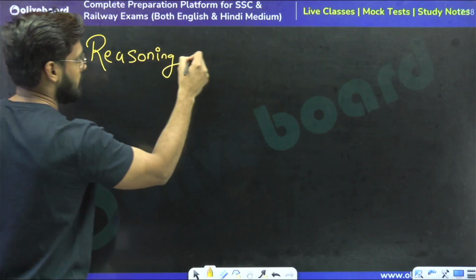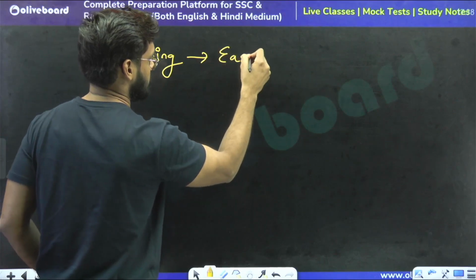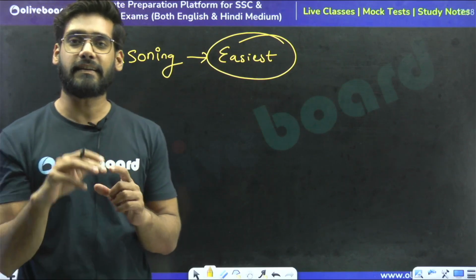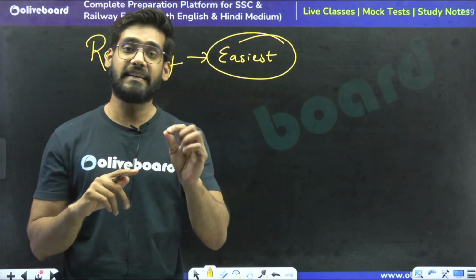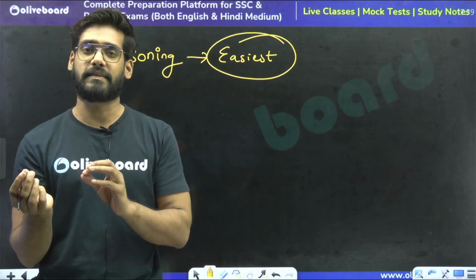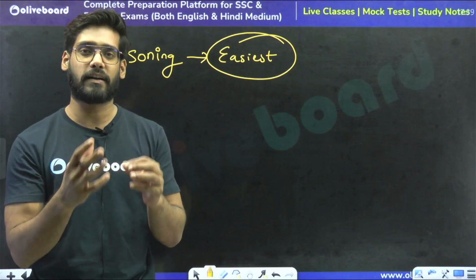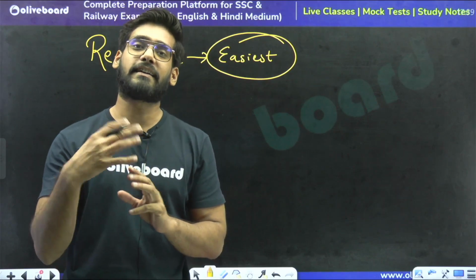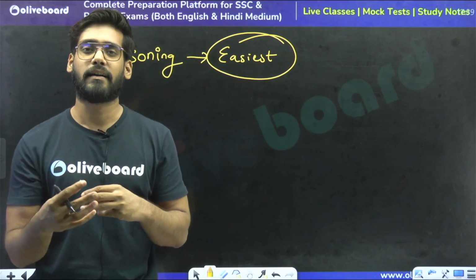First of all, make this clear in your mind that reasoning is a new subject, but the easiest subject compared to maths, GK or English. This is the easiest subject and an interesting one as well,